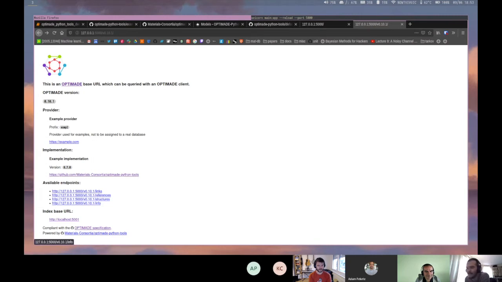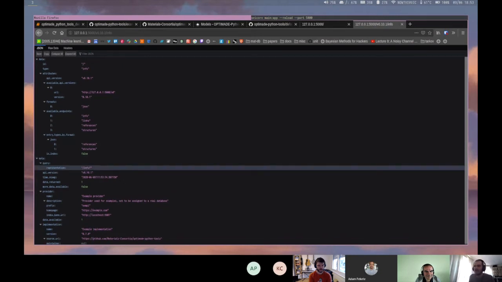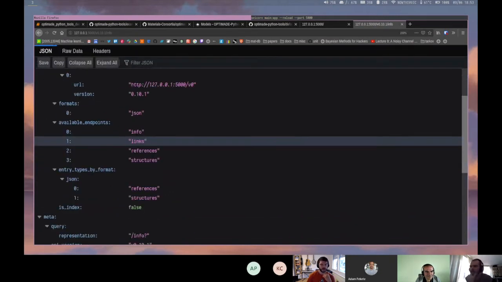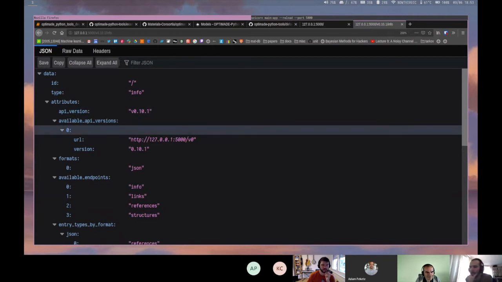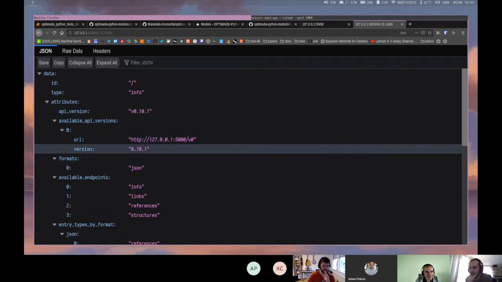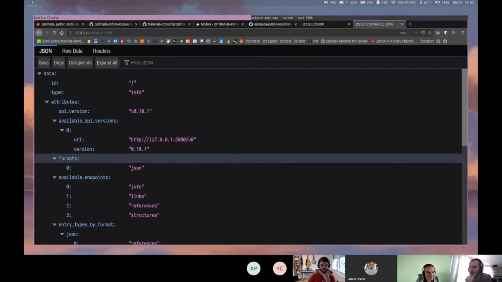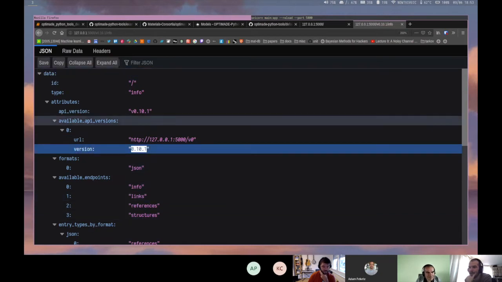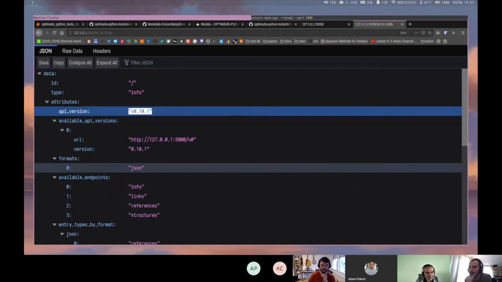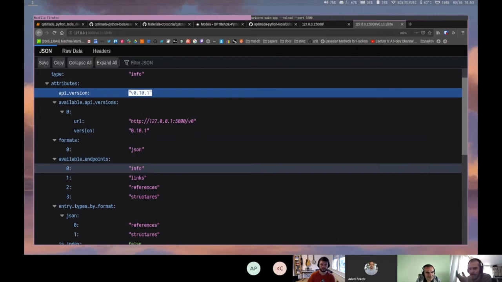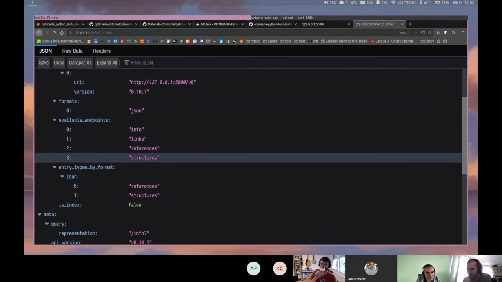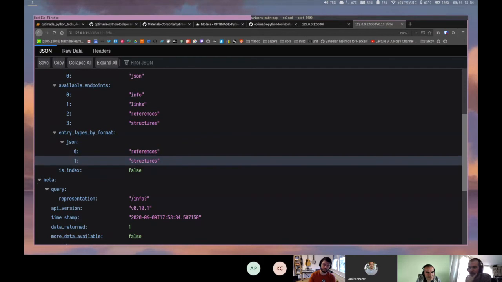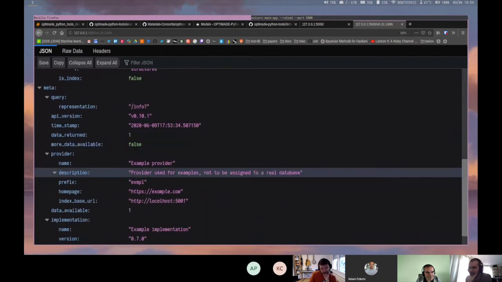So just to quickly tour these, the best one to start with is probably info. So if you can hopefully read this, all of the OPTIMADE specified response for the info endpoint is generated for you just from that config file. So API version, again, is just the version of the spec we support in a couple of different places there. The available endpoints are all filled out. And entry types and whether it's an index database, all of the meta